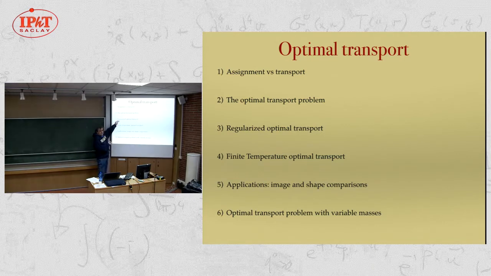Tell you that the story is not over. We really need to look at maybe a different way of thinking of the optimal transport problem, and that's where physics is going to come in. Finally, I'll look at some applications for image and shape comparison, and I'll conclude with some recent work we've been doing, where hopefully the reason we had to do this work will be obvious at the time we go through those applications. So let's start